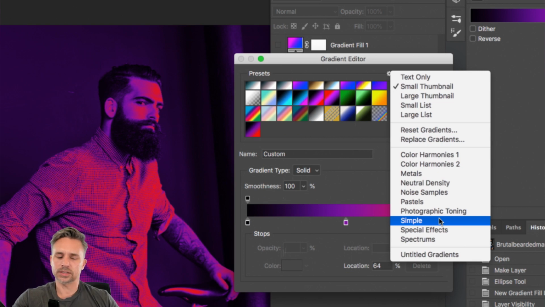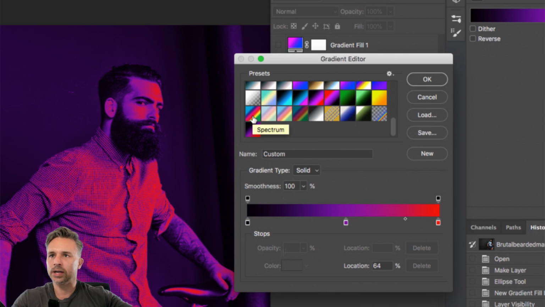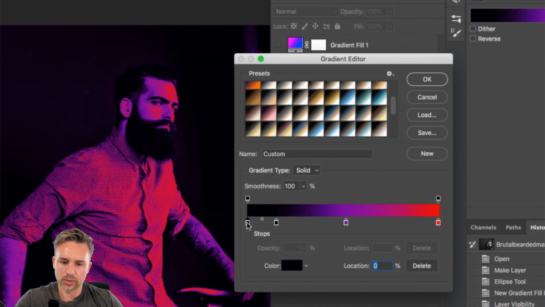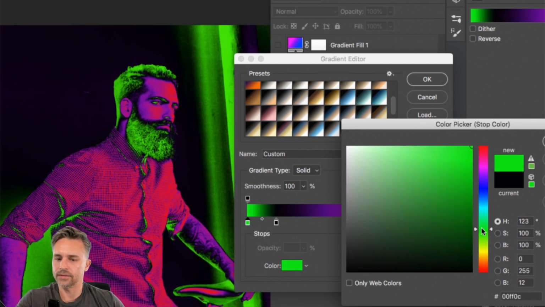So when you go to adjustment, gradient map, it maps the gradient to the lights and darks and gives you full control. If you just add a gradient layer over the top of an image, it doesn't do the same thing. Because this says, whatever's dark, in fact, whatever's really dark, just to show you, make that green. And now we have this guy that probably was riding his bike where he shouldn't, through some nuclear power plant field or something, right? But just to show you, it's actually the gradient on a layer indiscriminately adds a